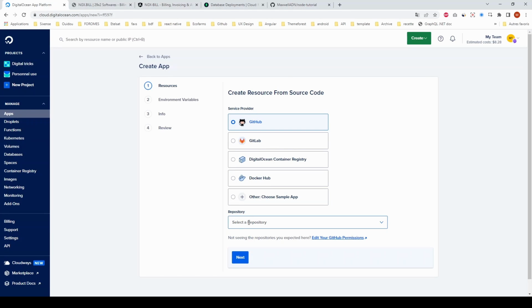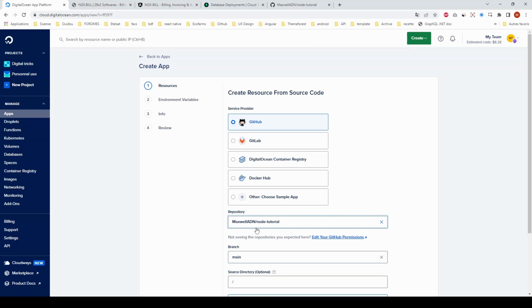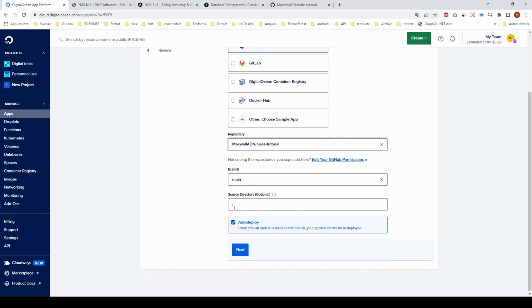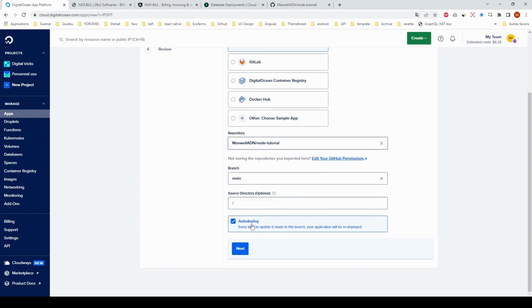So when you reload, select node tutorial, and you will see you have node tutorial. Select the main branch and check the box for auto deploy. So basically when you push new code, when you push an update, it will automatically deploy the software. So click on next,